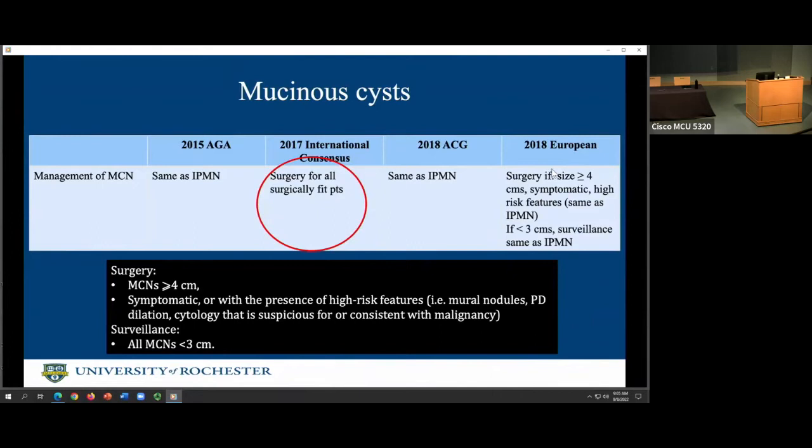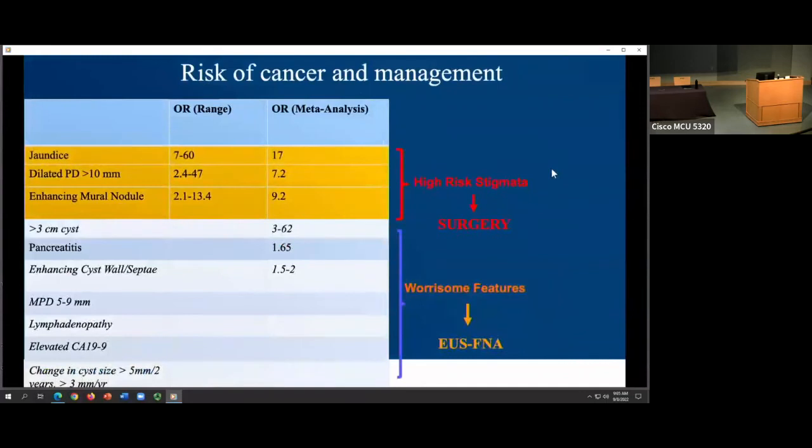So this is a little difference between the guidelines that I wanted to highlight in this slide. But the one thing that's common between the guidelines is that if the patient is symptomatic from the pancreatic cystic neoplasm, then surgical resection should be strongly considered. And the main high risk features are jaundice or a dilated pancreatic duct greater than 10 millimeters or an enhancing mural nodule. There are multiple other high risk features on imaging that